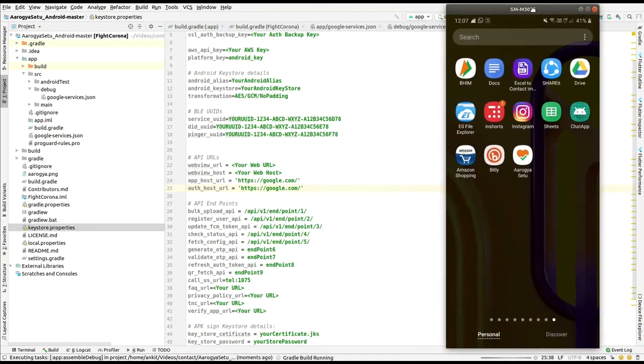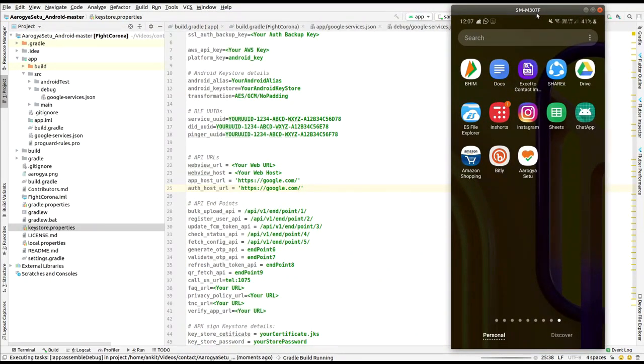I'm waiting for the installation of this application. Also, in the further part we have to set up different API endpoints and signed keystore files in the next part if we want to open the activities of the application further.